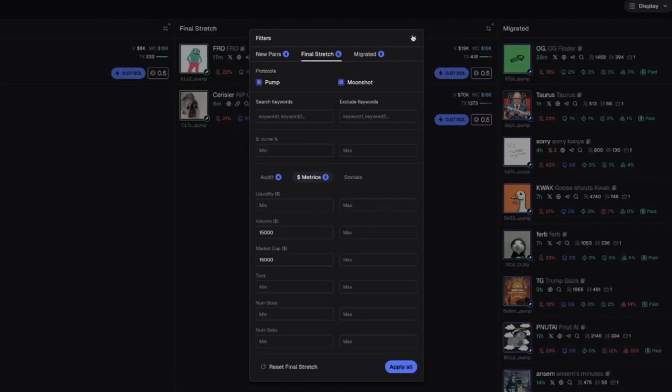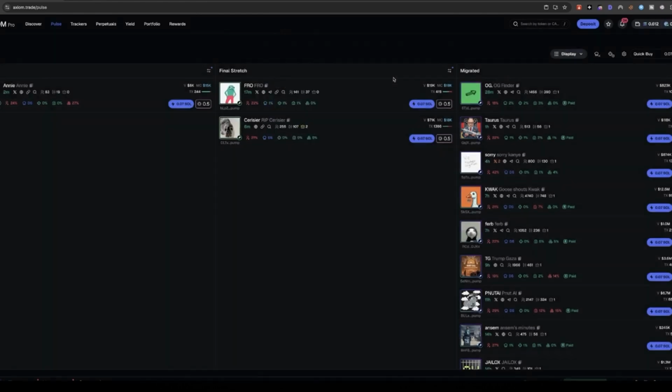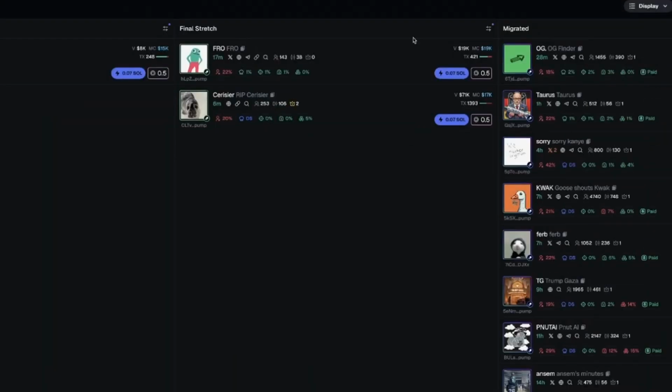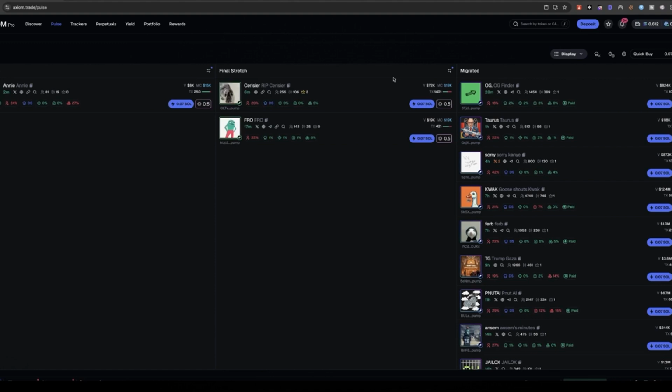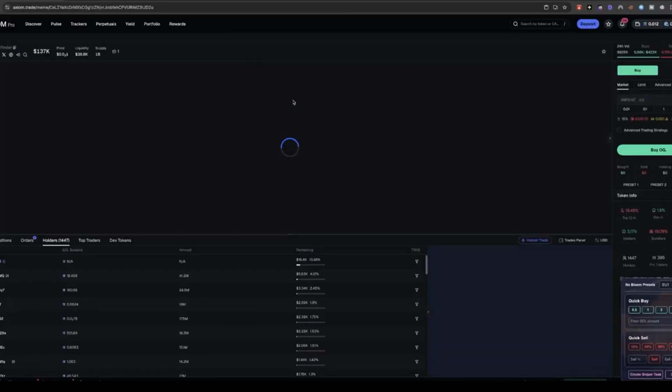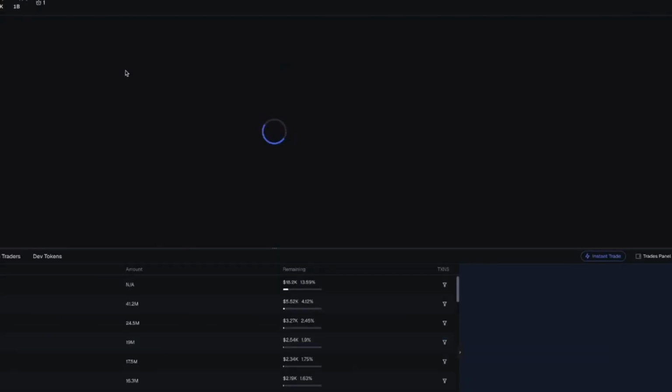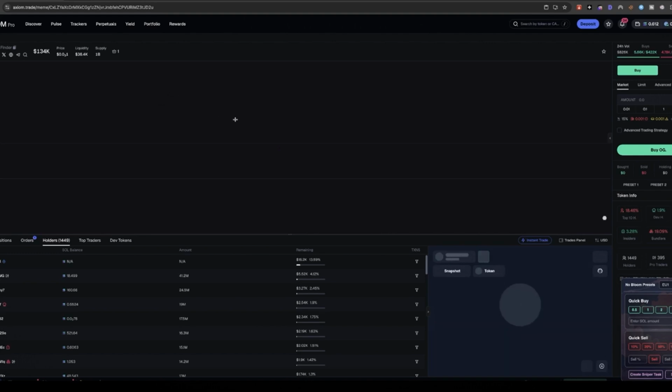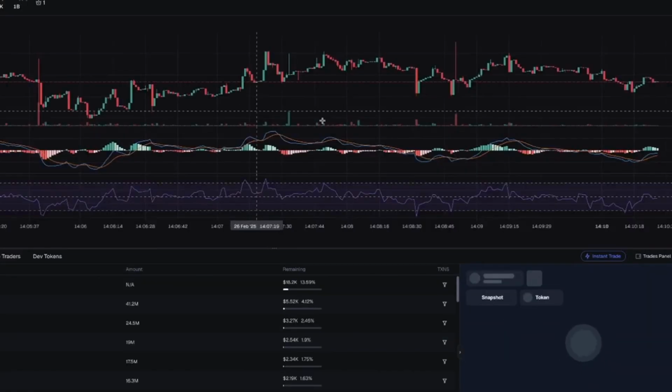So I like to just change the filters as much as possible. And these filters work best for beginners, but also when there's not enough volume in the market to really pump coins to an extra level. Now I did get into this token beforehand, and I basically sold it on migration, because I didn't know where it was going to go. And I'll explain the reason why I did this in a moment.